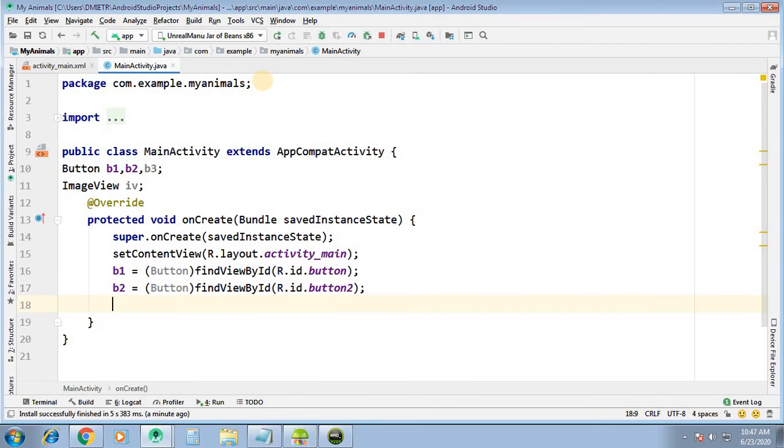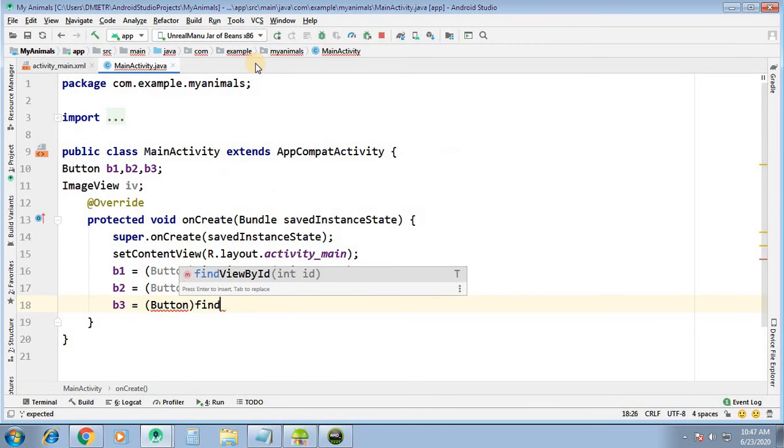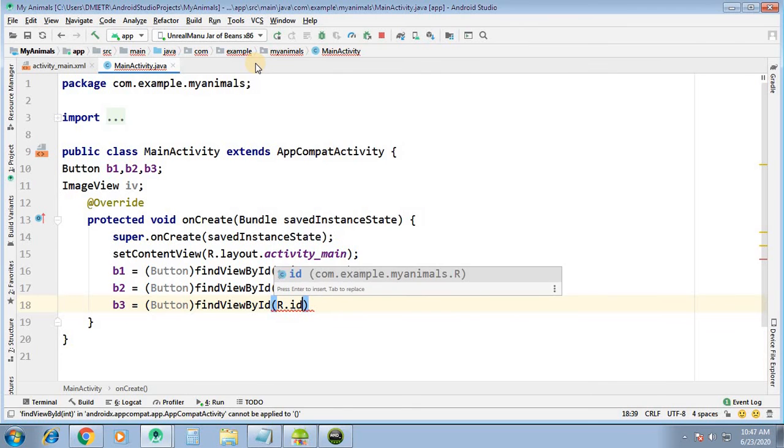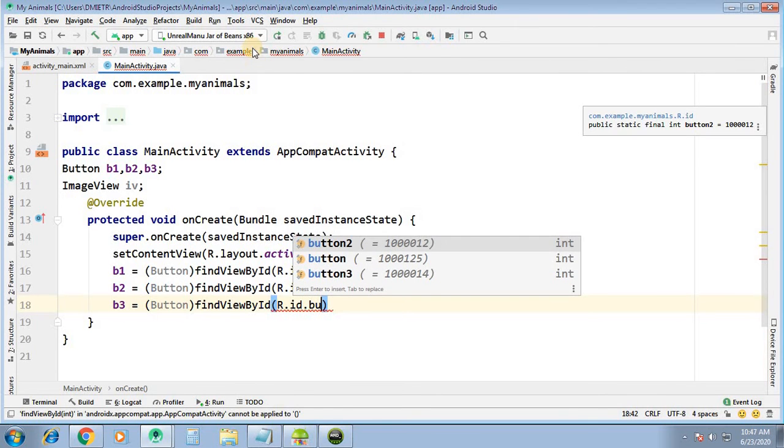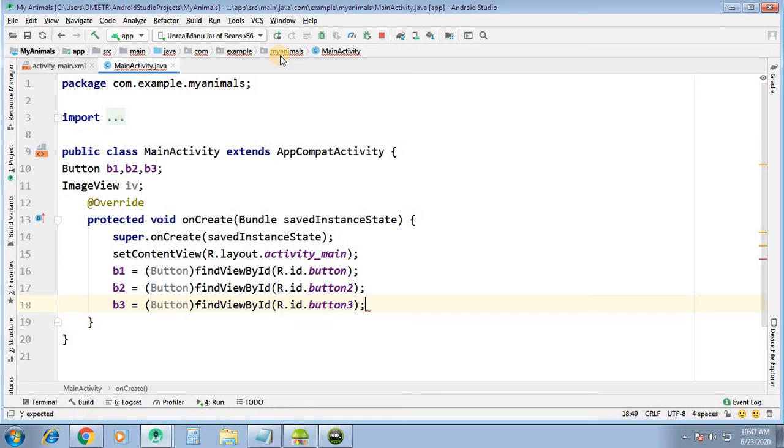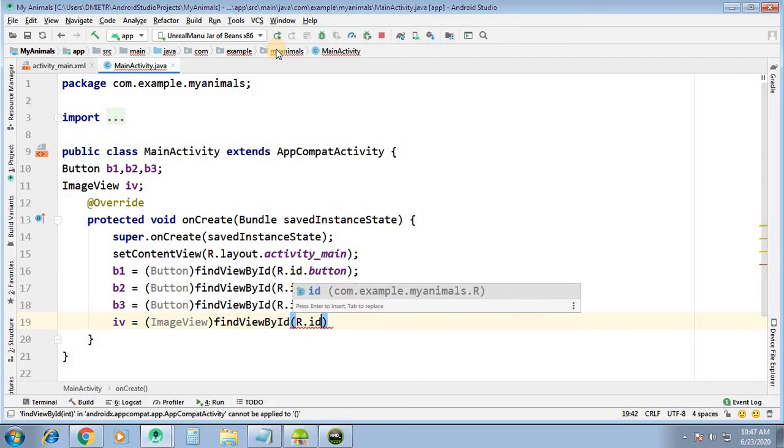And now the third button, B3 equal to button, findViewById, R.id.button3. And we have the image view, IV equal to ImageView, findViewById, R.id.imageView.